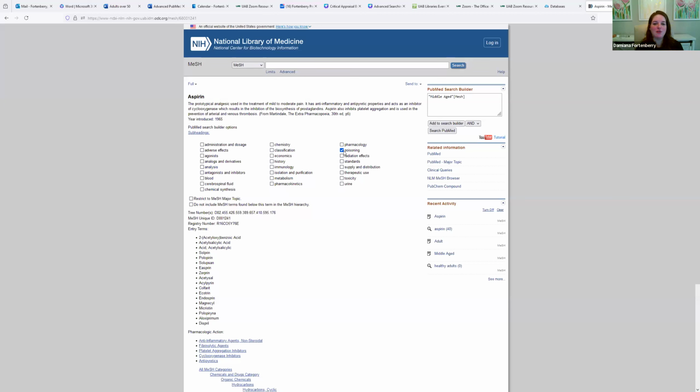So I can go through and tease out really specific concepts to do with aspirin if they apply to my question. But my question isn't about adverse effects. It's mostly about how it can help people, if it helps with cardiovascular situations among adults over 50. So I will quickly skim through these. Maybe therapeutic use. I could do that. I don't have to, but again, if I don't, and I just add this to Search Builder,